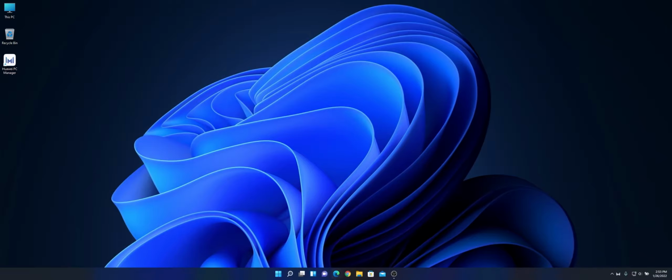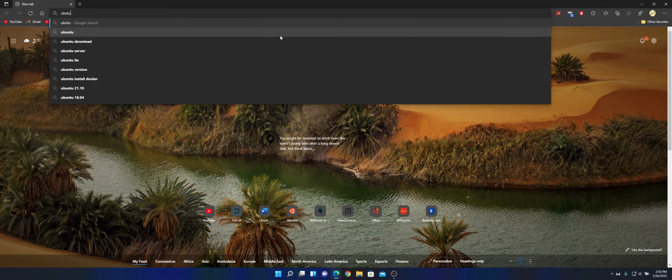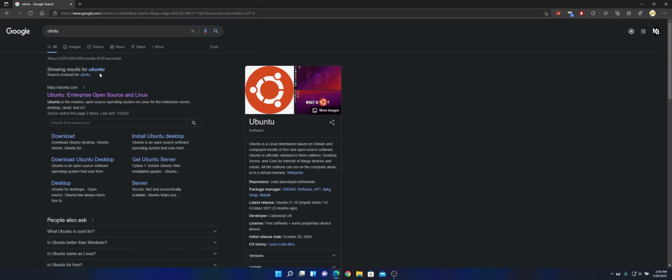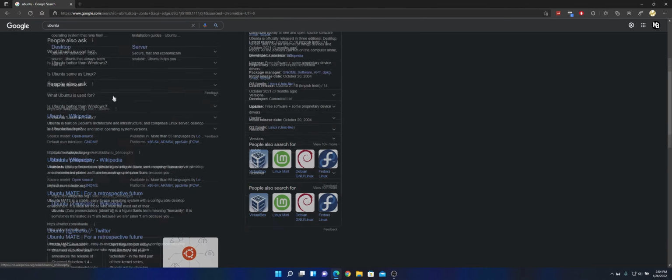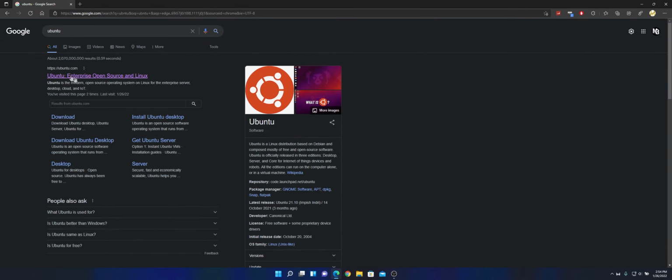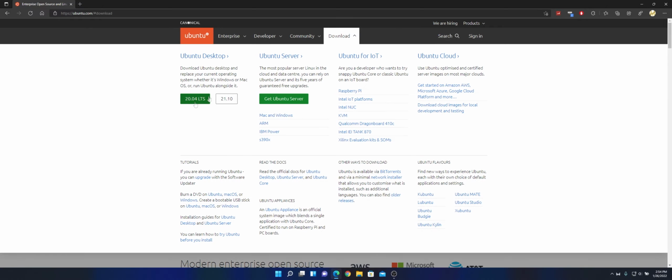First things first, we need to open our browser, in my case Microsoft Edge, and search for Ubuntu. We shall click on the first link because it's not an ad. If it's an ad, maybe you should search for more links, but this is the official Ubuntu website, so we can click it safely. Then we go to the download section